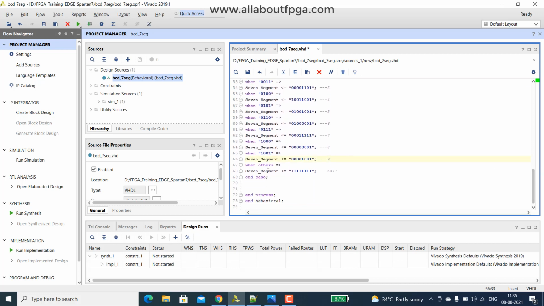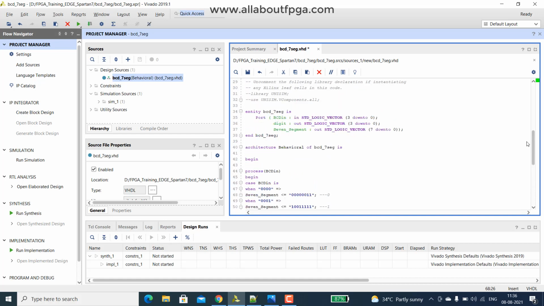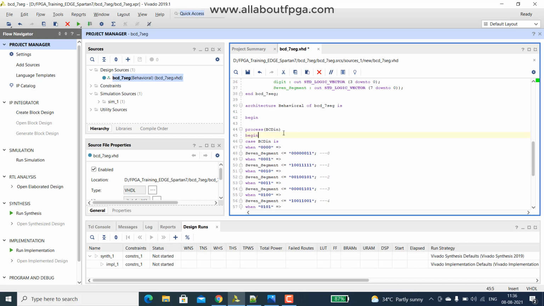After that, if it is more than 9, then it should not display anything, so we make it all ones. So that's it. Whatever instructions are present inside this process statement, they execute sequentially.